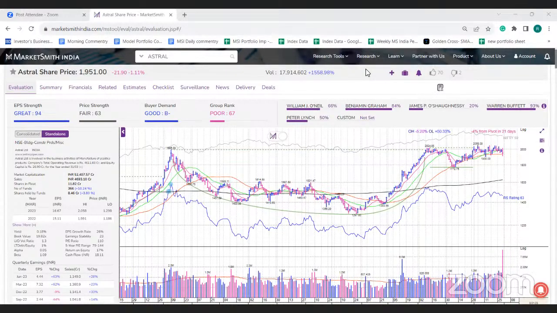On the overall market also there is increased selling pressure, so it's better to decrease the number of stocks in the portfolio and have higher exposure towards the stocks which are doing good. That is the overall view we are holding at the model portfolio level. That is the reason that we exited the stock.